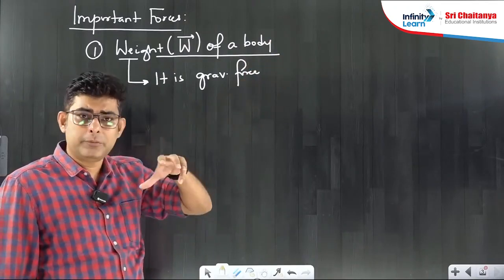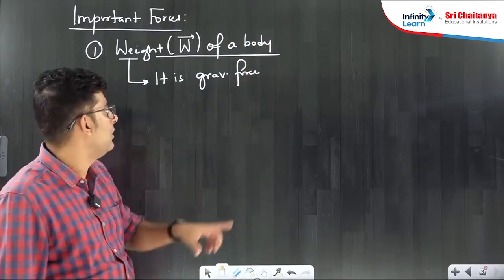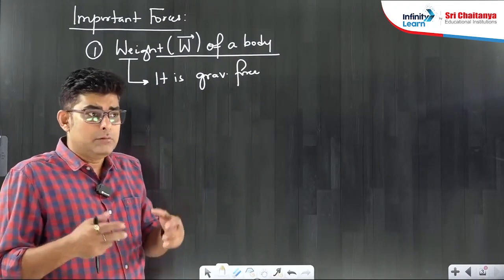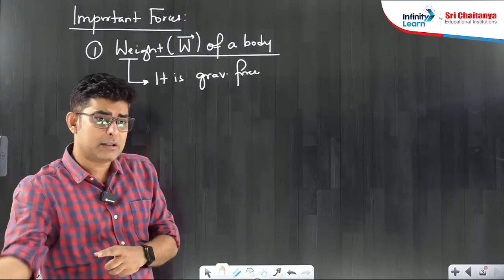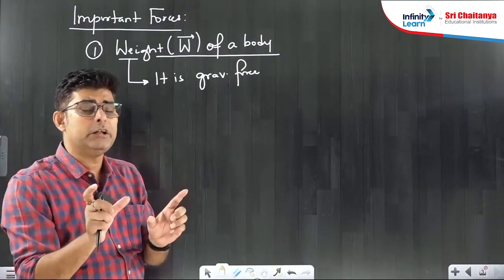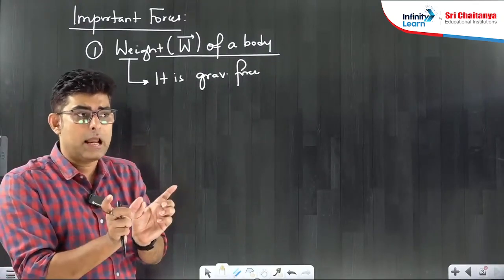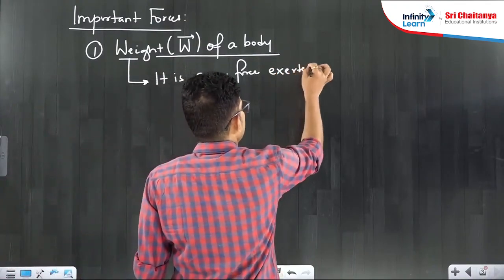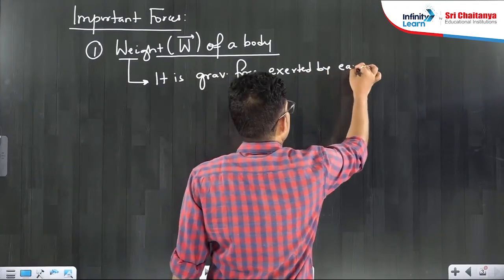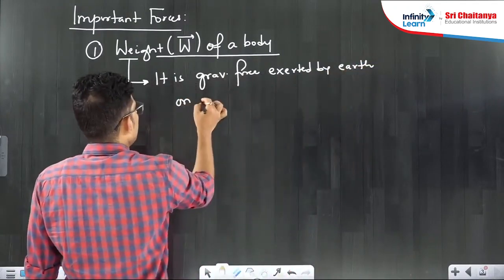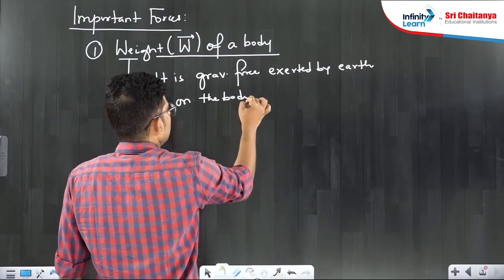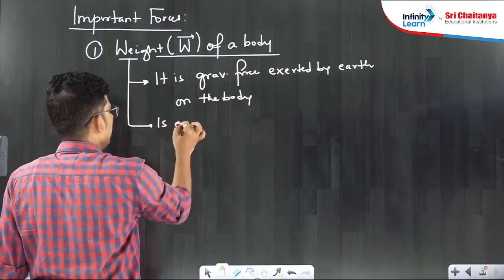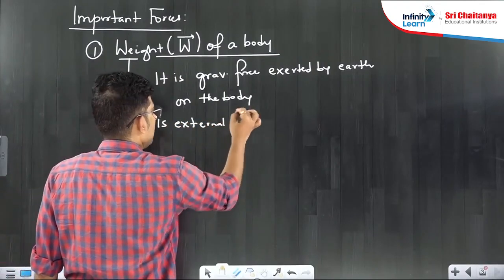We are on Earth, so we will be talking specifically about Earth right now. Gravitational force is not a force that I am exerting on myself. The force is being exerted by Earth on me due to a property known as gravitation or a gravitational force. So it is a gravitational force which is exerted by Earth on the body, right? So this force is an external force